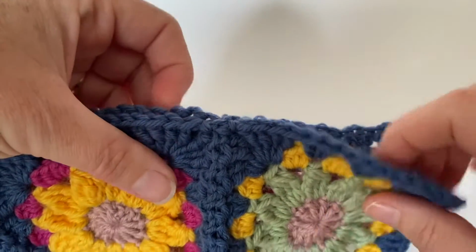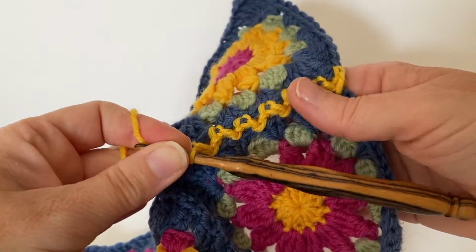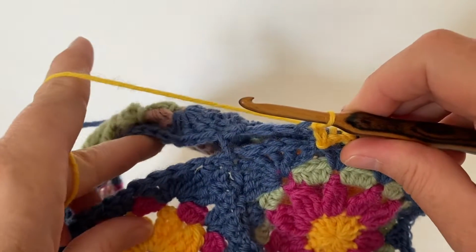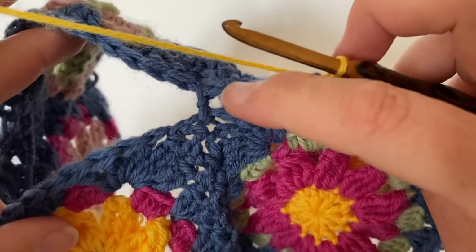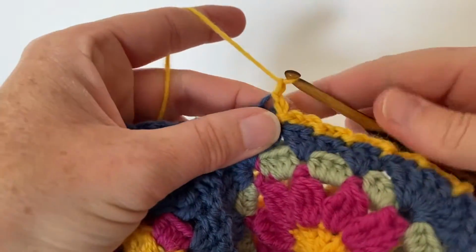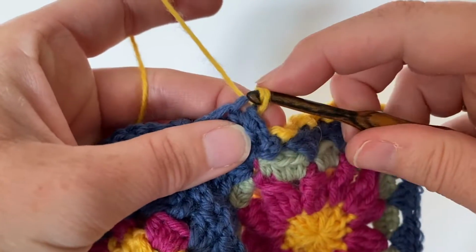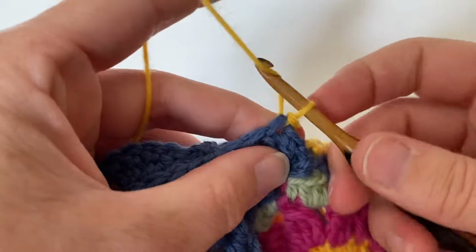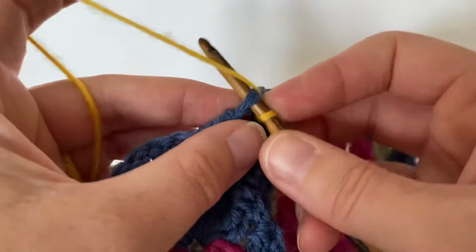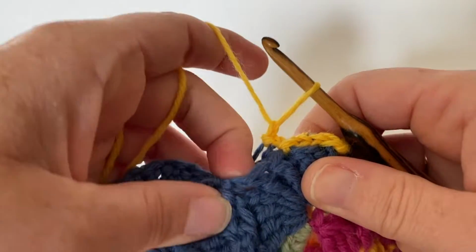I will show you what to do when we get to these places where the seams meet. So here you can see I'm doing the vertical join, and I'm nearly at the point where I'm going to meet that horizontal join going across. So I'll show you what to do. Chain 1, so I'm just doing my alternate stitches, slip stitch, chain 1 at the back. I'm now on that final stitch of the side, slip stitch, chain 1, and now just like before,